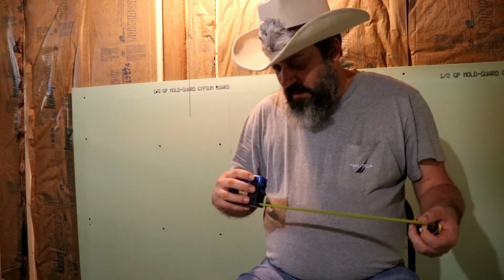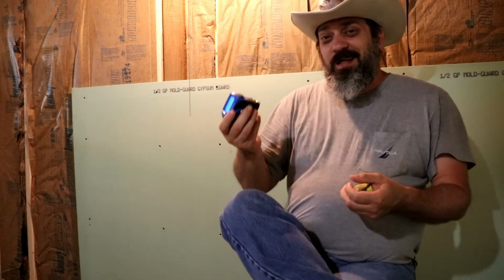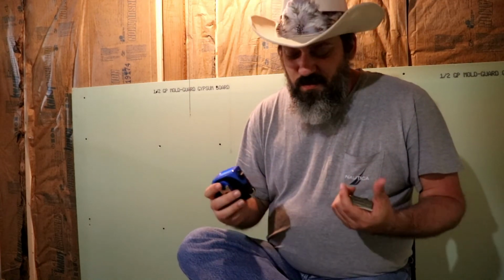One thing about the MulWark one though, it only goes to 1/16 of an inch. It doesn't go to 32nd of an inch. So if you need a little finer of a measurement, you're going to be stuck with something like this. But for framing, you don't need it that fine. You won't need 32nds of an inch. 1/16 will be fine. Hanging drywall, 1/16 will be fine. You're going to pack that thing with mud anyway. What's it matter if it's an extra 32nd of an inch off? The mud's going to cover that anyway. It's not that big of a deal. Some people it might be, but